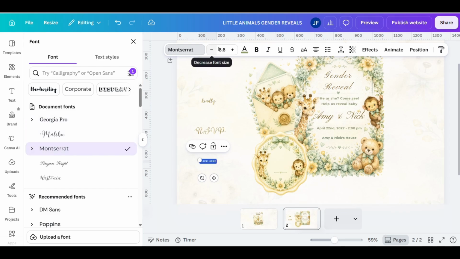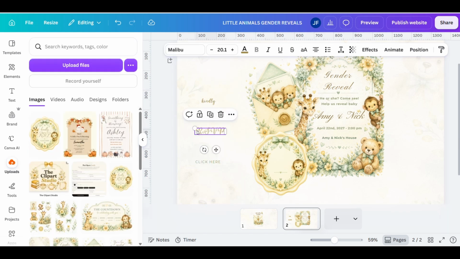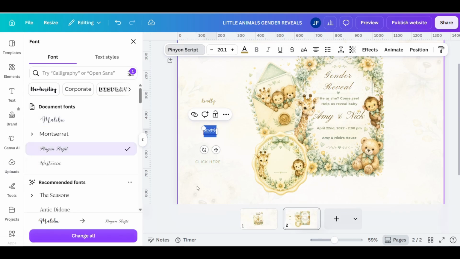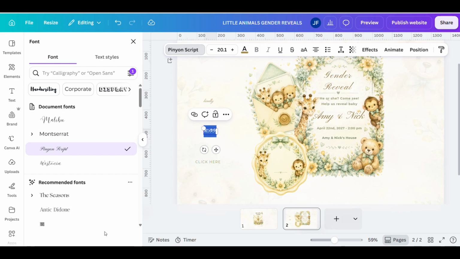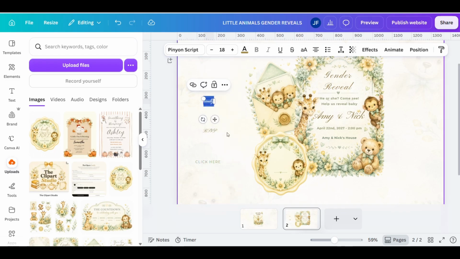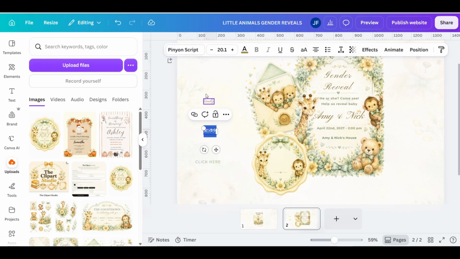Okay. So we know this is going to be our Montserrat, like everything else. We're going to put that to, say, a 13. This is our, it's on Malibu, but we went to the Pinyon Script. So we're going to do that. And it's going to ask if we want to change the other one. So we're going to say yes. So let's bring this up to 18. So I'm just putting in fonts, but obviously I want to see how it's going to look like on our invitation. So we come back here, kindly,